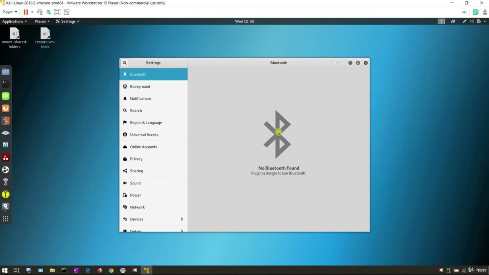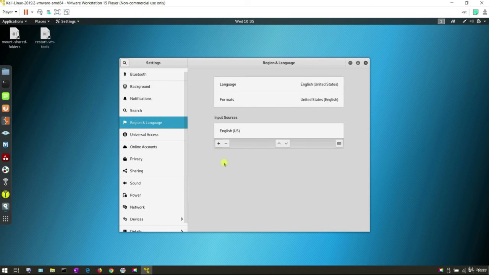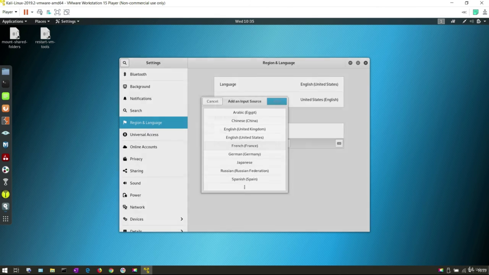And here's the first thing that we're going to do. Change the region and the keyboard settings according to your particular location. And click on region and language. And I don't need to do anything in this first pane, but if you want to, you can change the display language of Kali. Now, from the below pane under Input Sources, by clicking this plus sign, you will see